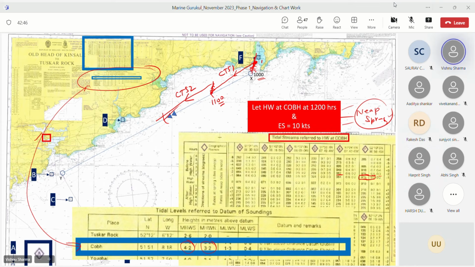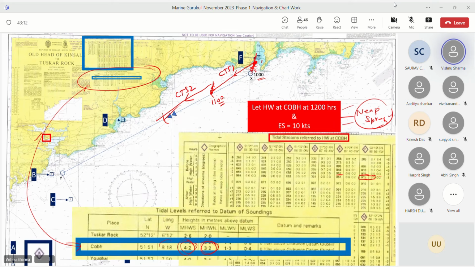Because I said we have assumed that it is spring tide, na? So it will be given in the question only. We have to pick from there only, of course. Otherwise, you can't figure, right? Also, on this chart, which is given down, when you see the tide in the tide tables, you can compare with these and figure out whether it is neap or spring, right? Yes, sir. Okay.